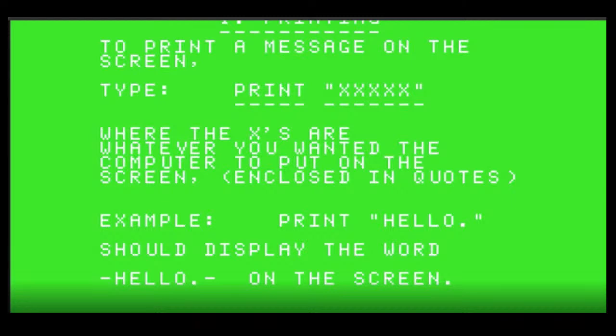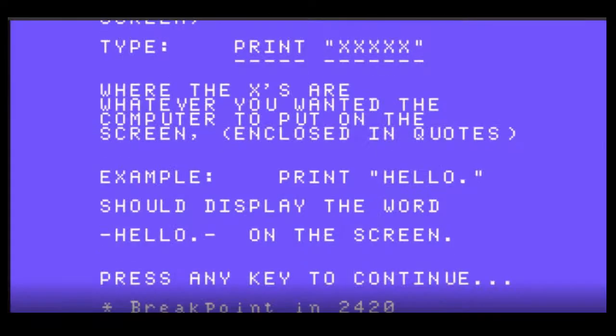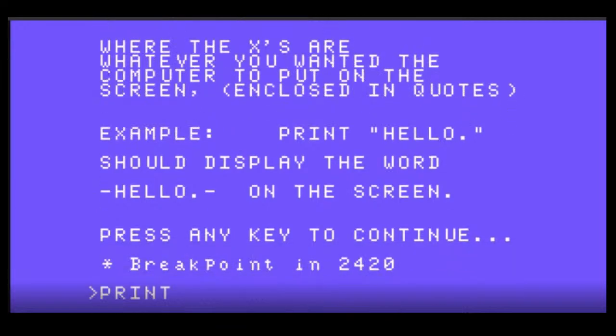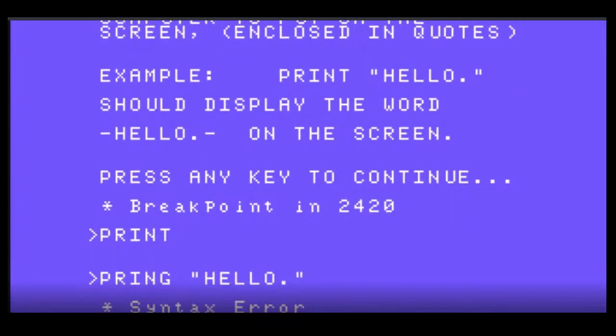Okay, I'm going to do the function 4 trick. And this is at the bottom of the screen. I don't know if you can see it, but I'll type in. Okay, I typed it in like it said. Oh, pring, yeah.